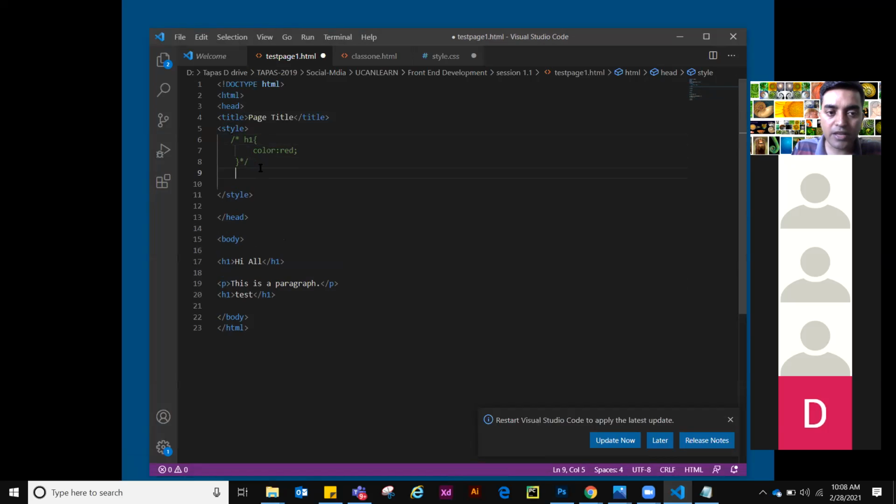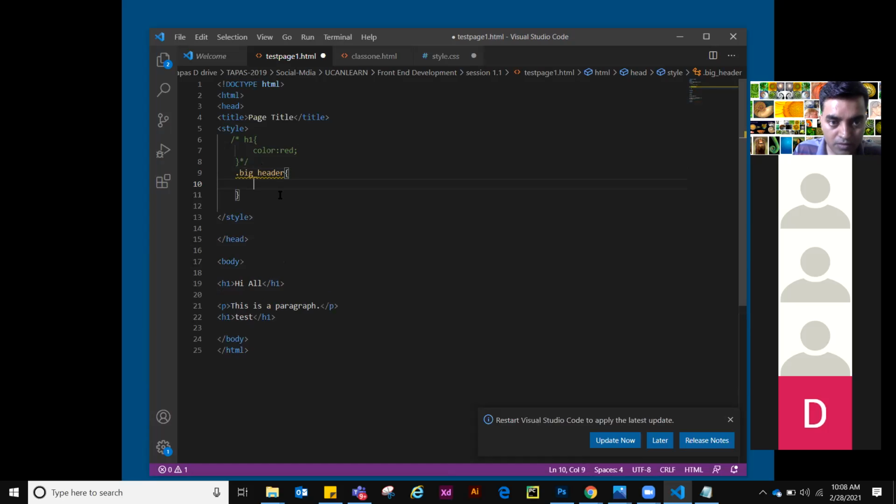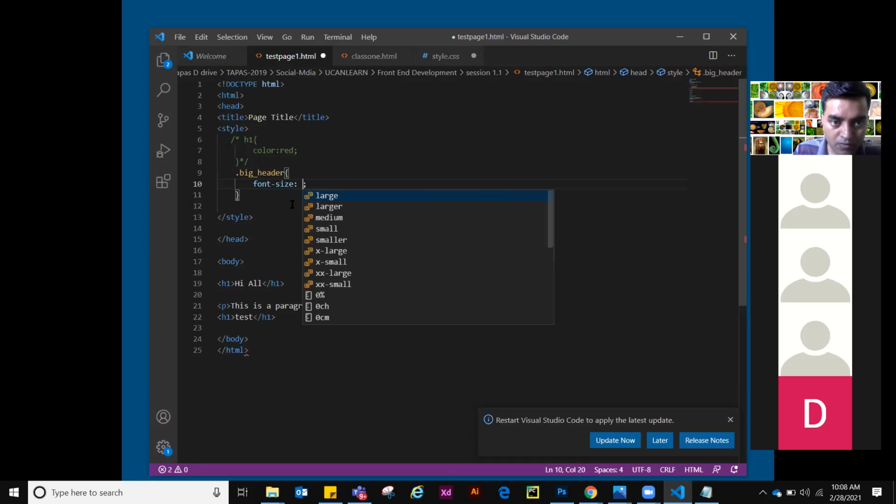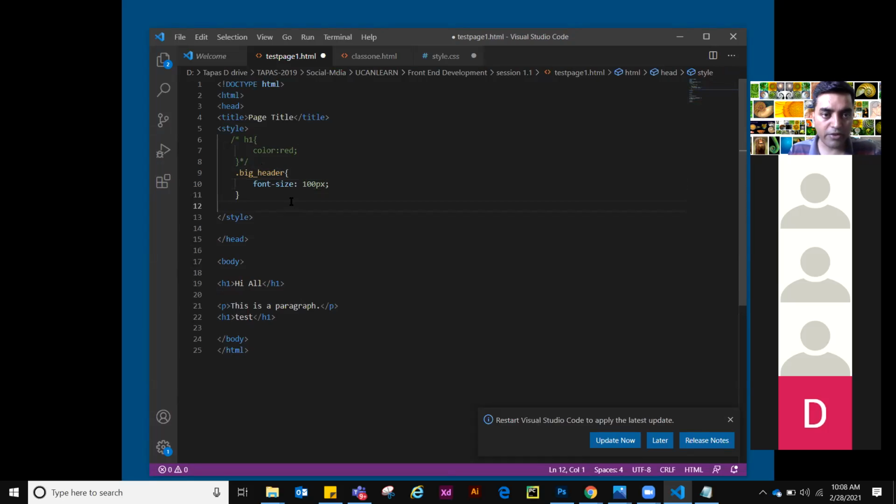To create a class, you have to press a dot and write the class name. In this case, big underscore header, font size 100 pixel.